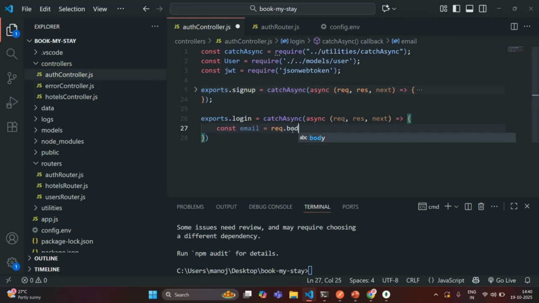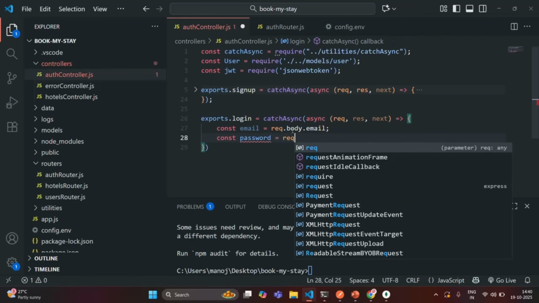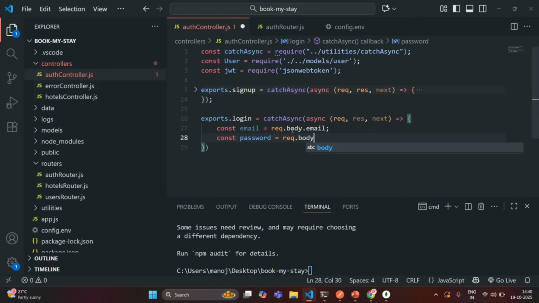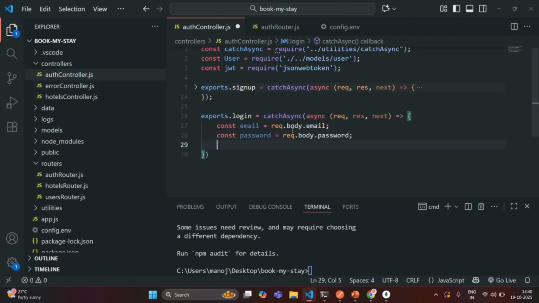So here I'll say request.body.email, and I'll also create a password variable, and to read the password on the request object, again from the request body, we are going to read the password field. Okay, now let's say while making a login request, the user has not specified the email field. In that case, we are going to